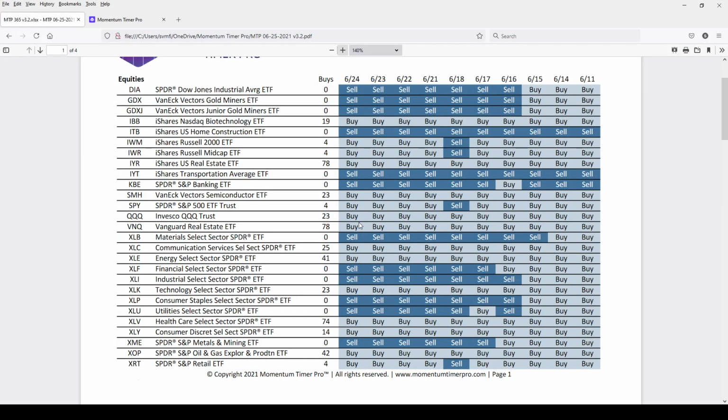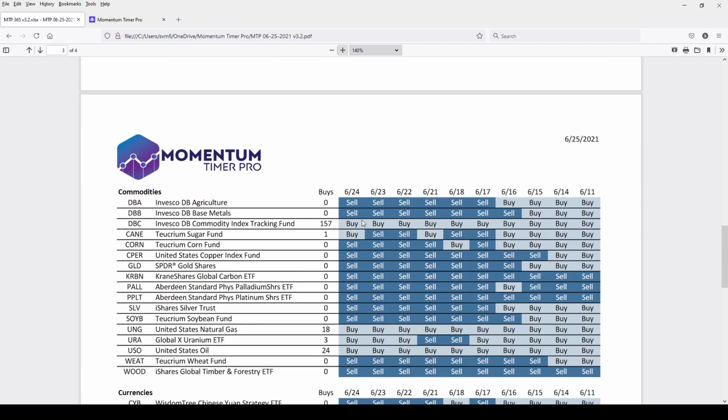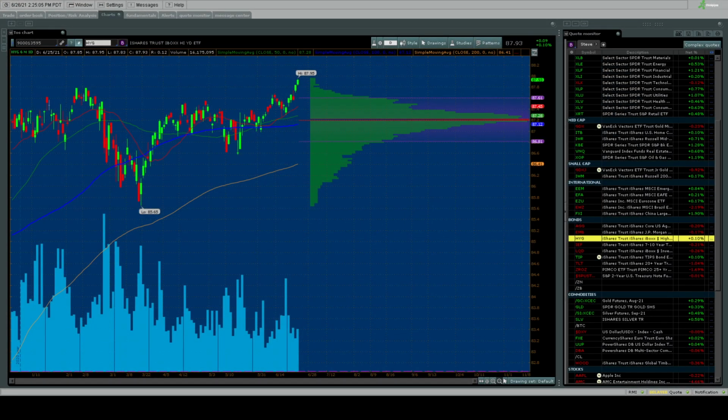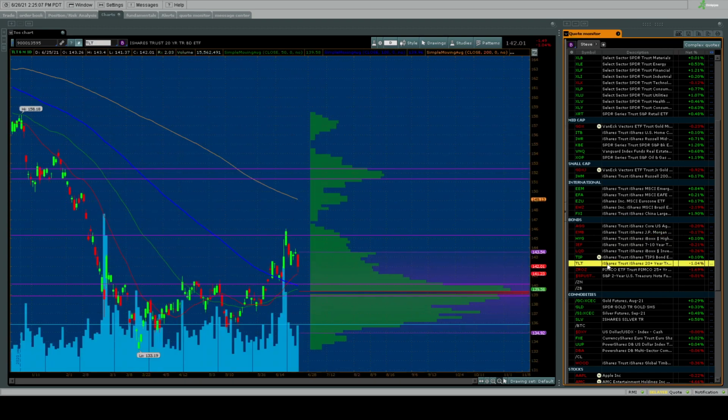Let's take a look at the TLT chart, because if you are on the Momentum Timer Pro list, which again is totally free, you would have found that going back, where is it? Here we have TLT. Picked up a buy signal 24 trading days ago, 21 is a month. So 1 month ago, you would have gotten some notice that these signals were going to buy signals, and that is indeed bullish. The more of those buy signals you see stacking up in Momentum Timer Pro, well, the better the signal is, and it's telling you that there's a major bottom going on in bonds. We've seen it over the 3-month window here. It has bottomed out and is going higher. It's above its 50-day, above its 21-day, found support on its 21-day, and all it needs to do is break